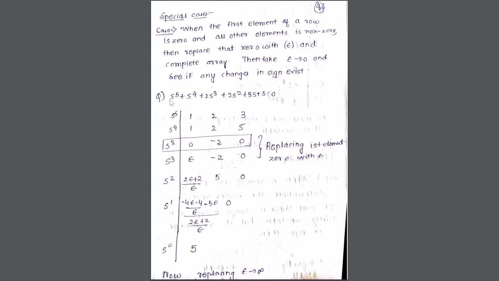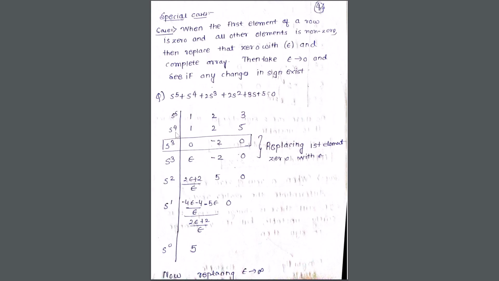So again, the characteristic equation is given to you. I'm going to check whether it's in descending order or not: s raised to 5, 4, 3, 2, 1 and s raised to 0. Perfect. Is there any term missing? No, all our terms are there. So I can just prepare the table from this particular thing.